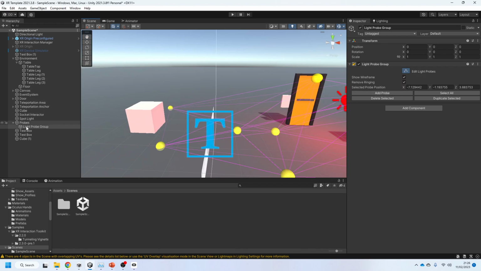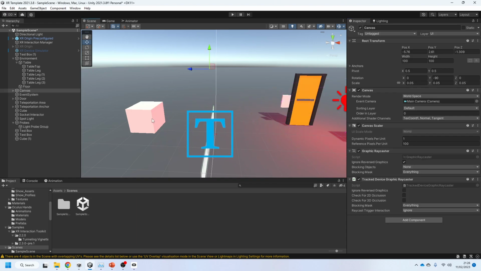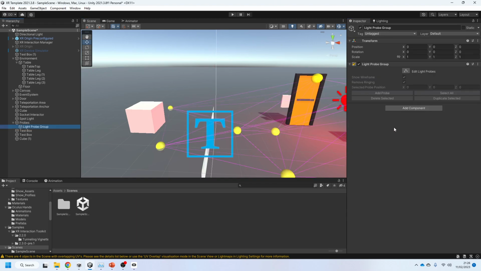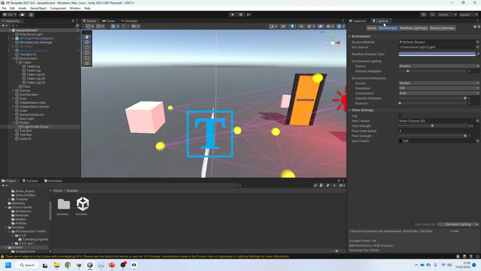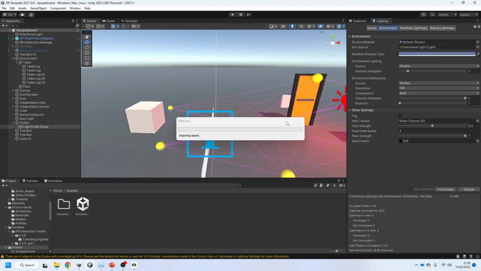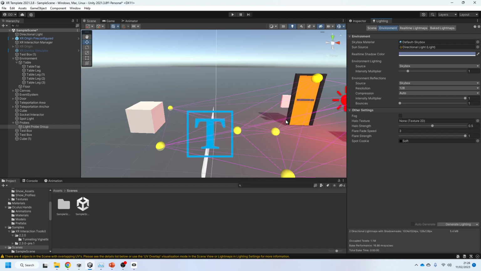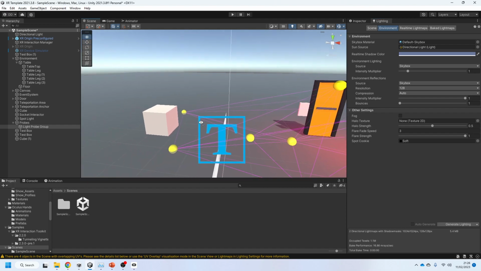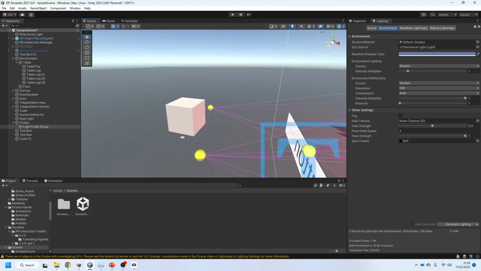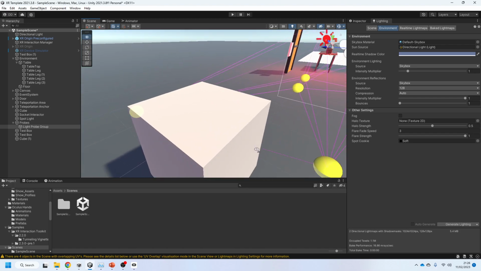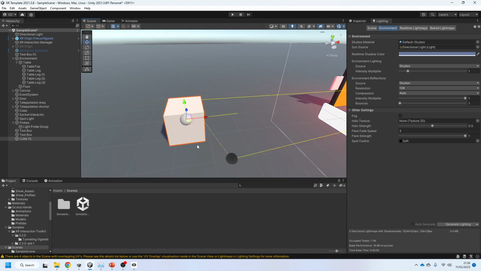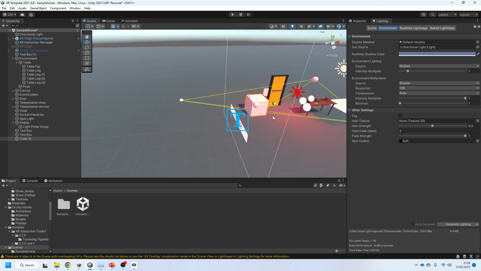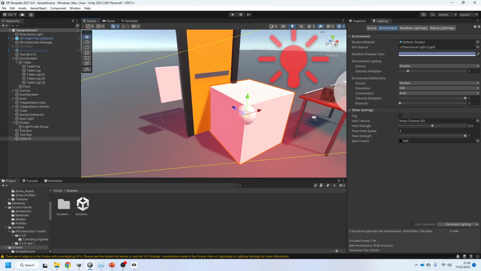So I expected this object to have that. Right, now I need to again pre-process my lighting. I think if I generate my lighting, that will also generate data into the light probe group. It shouldn't take as much time this time around. Now you can see there's more light on the right side than there is on the left, hopefully. And as we get closer and closer and closer, it should be picking up more of that red lighting, which